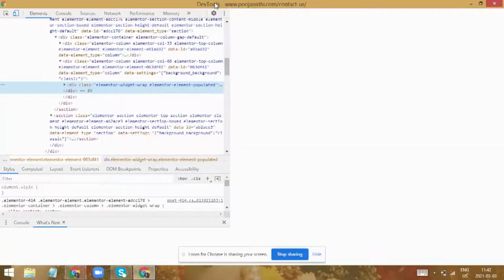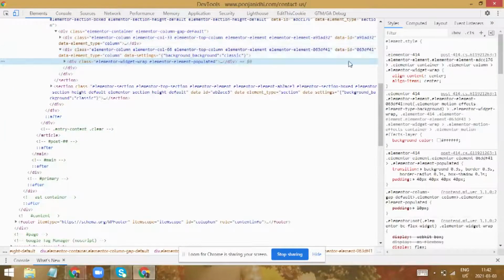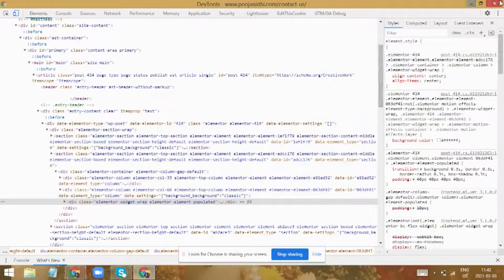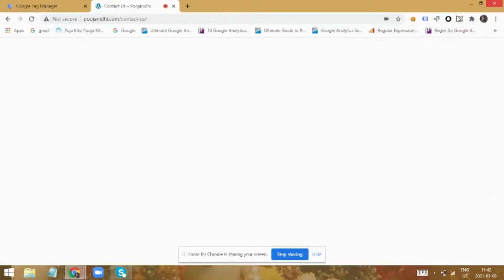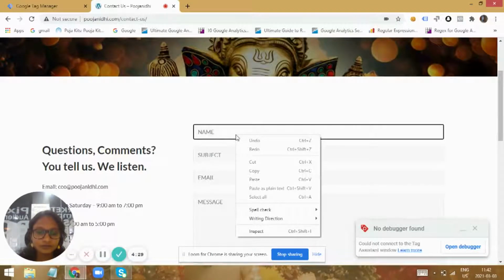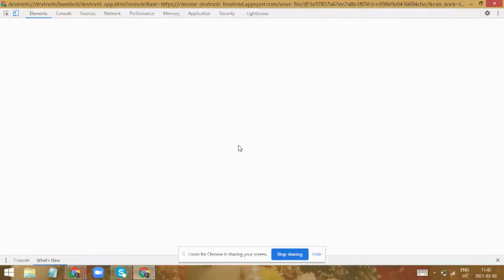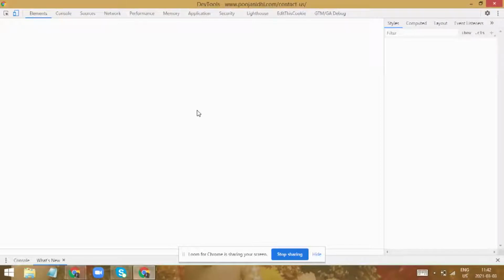Let me go into the console and identify the form ID. Let me track that particular form so that I can get the ID of this form. Here you can do anything with DOM scraping. You can identify any particular element on your website and completely change its functionality.